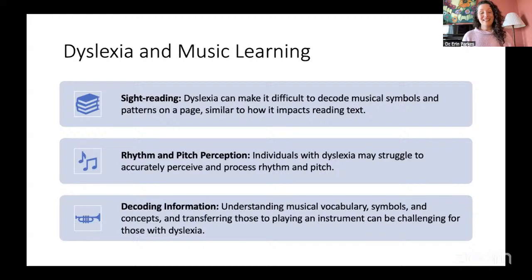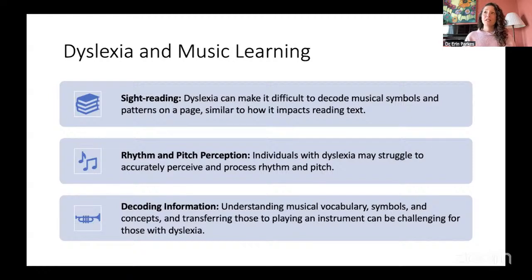And then things like the symbols that we use. The staff reading is largely due to visual spatial processing issues. But the symbols can also be challenging, remembering what symbol goes with what. So here, think of rhythmic symbols. So the difference between a quarter note and a half note, and what is a quarter rest? It's a weird looking symbol, and a half rest. So all of those things can be really challenging.